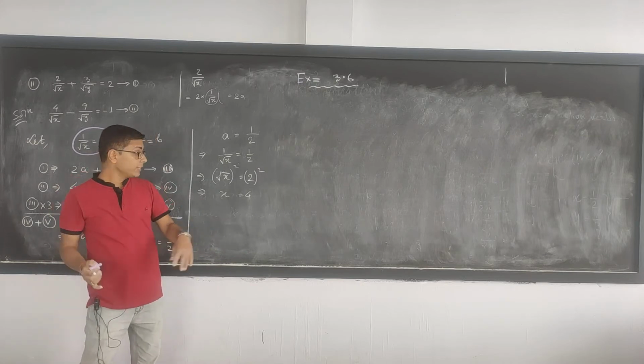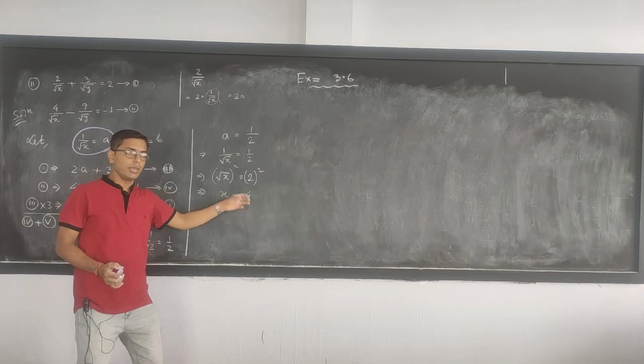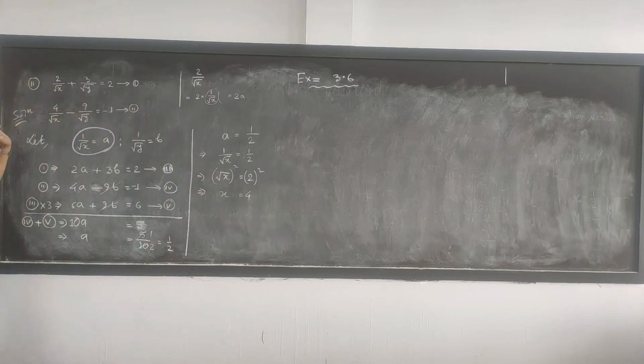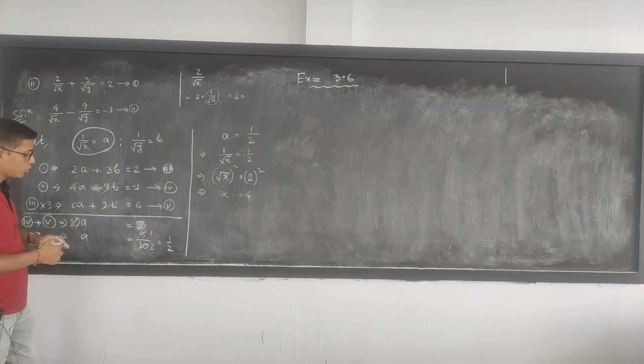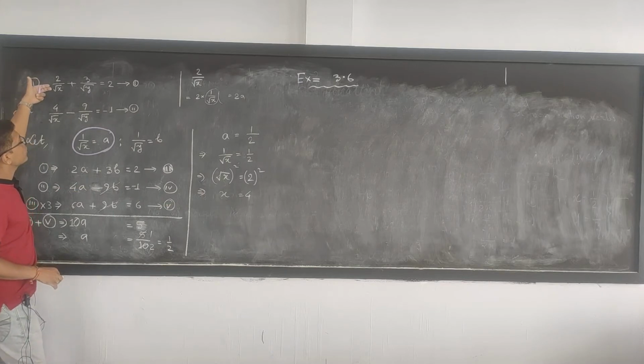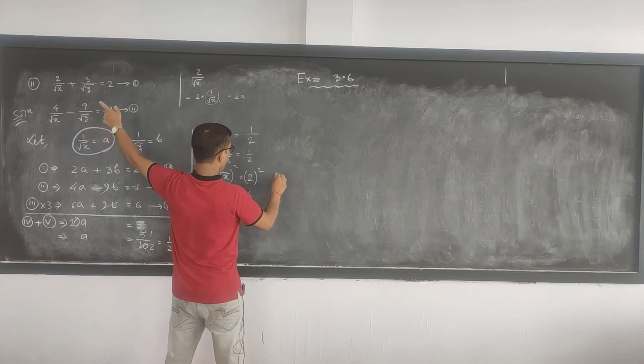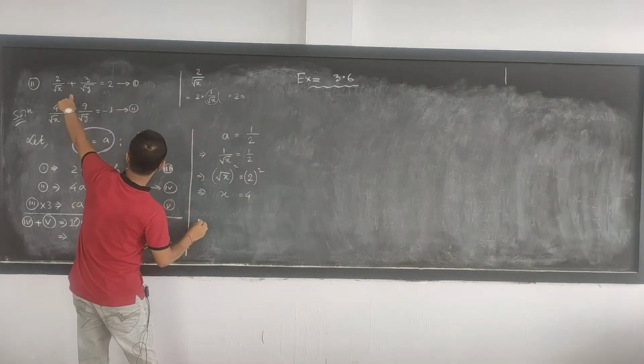The second way is direct. You can substitute the value of x, that is 4, in any one of these two equations to get the value of y. So which is better? I think the latter part is better. So let us substitute the value of x directly in this equation so as to get the value of y. So directly we can write equation 1 implies,